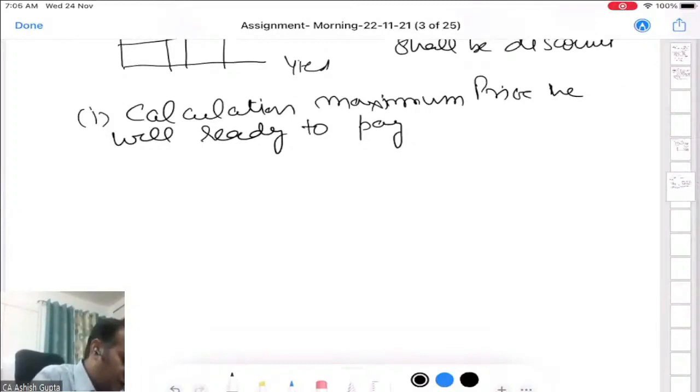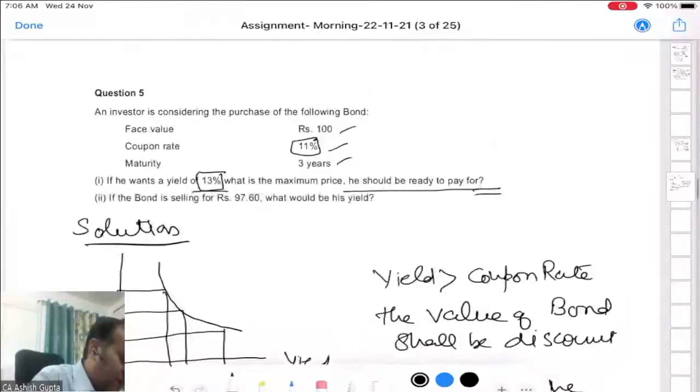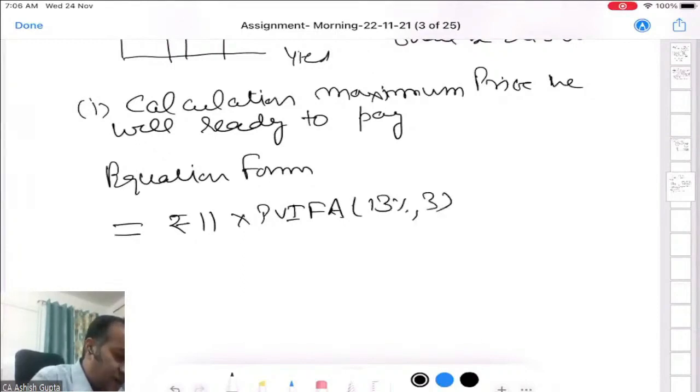If I opt for equation form, you need to mention the words equation form in the examination. It is well understood: my coupon is 11%, so of course the interest payment will be rupees 11. These are my cash flows, multiplied by the present value annuity factor at the rate of 13% for a period of 3 years, plus